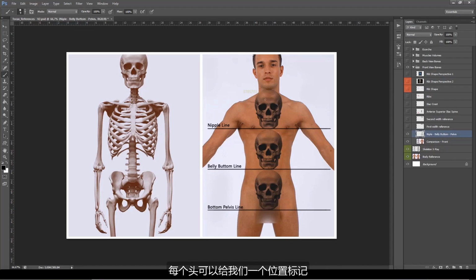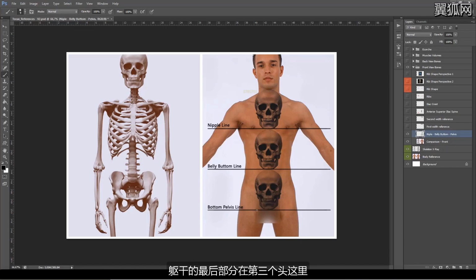And each head gives us a landmark. The first head gives us the nipple line. At the bottom of the second head, we can find the belly button line. It's near this region,